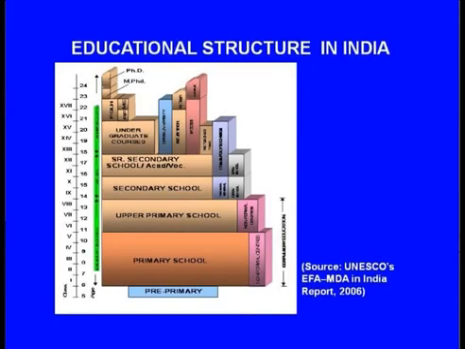First of all, let us look at the educational structure in India. In India, up to the age of 6, the education infrastructure is categorized as pre-primary, then primary school, upper primary school, secondary school, senior secondary school, and then the undergraduate courses and the postgraduate courses leading to MPhil, and then finally, the topmost educational qualification is the PhD.